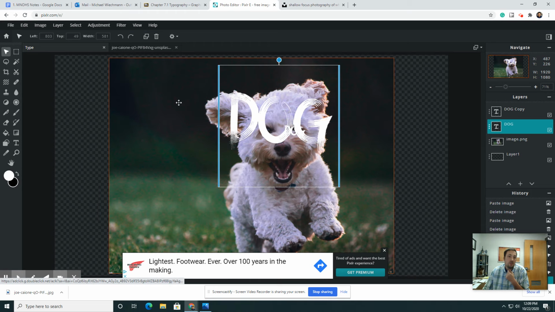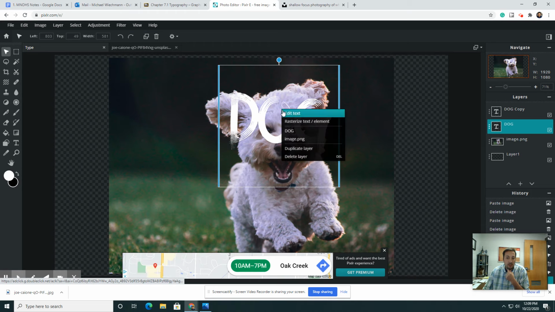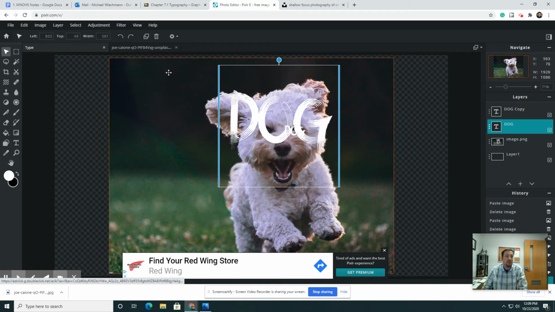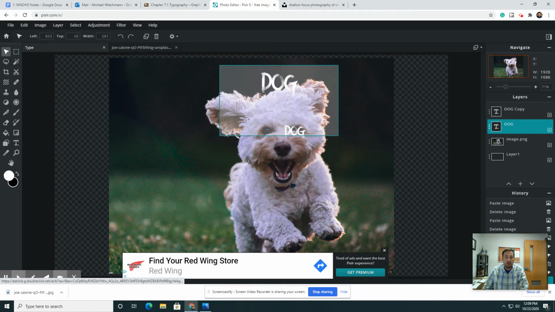Now I want to take this, and it's really big, so it needs to be bent a little, right? So if I take that and right click on it, it says rasterize text element. Now rasterizing is where you take a text. Right now it's a type tool, so you can go in and edit it. So if I take my pointer and double click on it, I can edit it to be, I don't know,